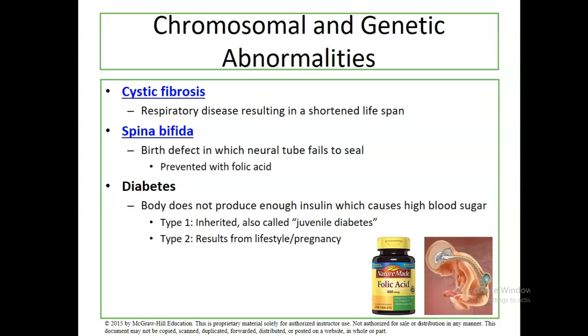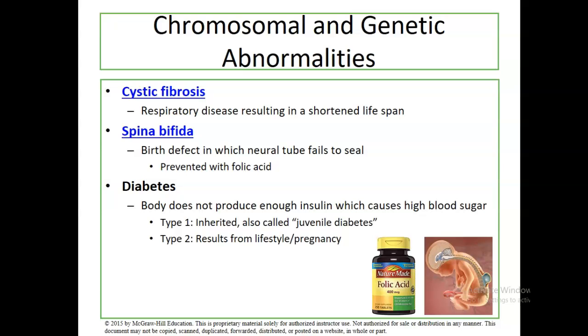So when we look at disorders or abnormalities like spina bifida, cystic fibrosis, and Tay-Sachs disease, one of the things to keep in mind is that these genetic abnormalities result in a worsened quality of life. So when we talk about individuals having to receive regular treatment, or having a shortened lifespan, or not being able to engage in the activities that they would otherwise be able to if they didn't have these diseases or abnormalities, we refer to that as poor quality of life.